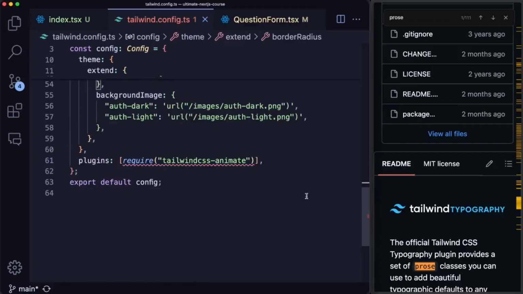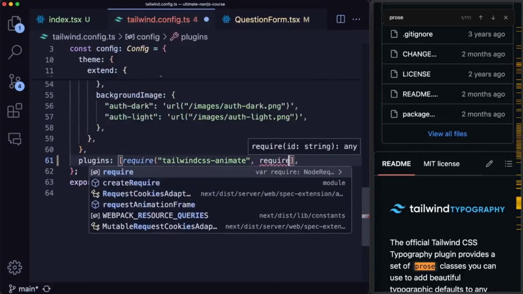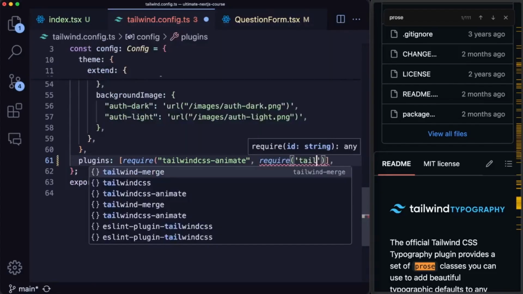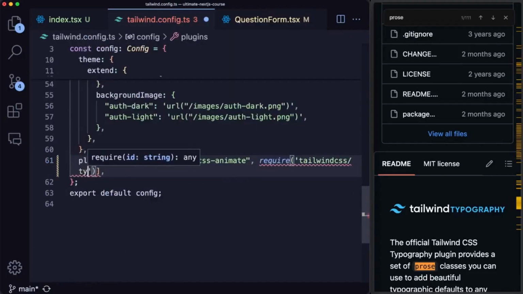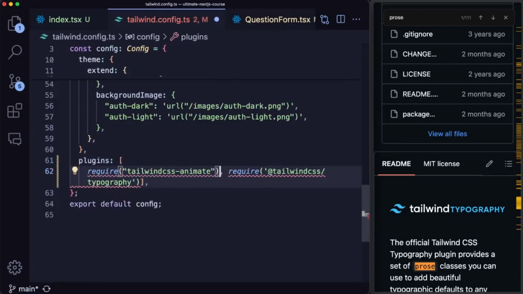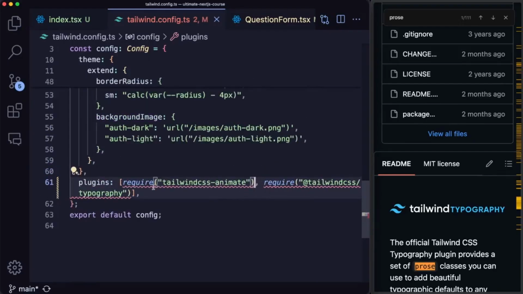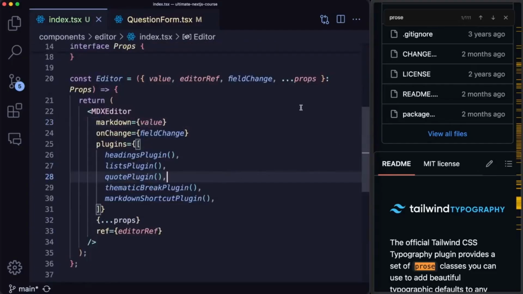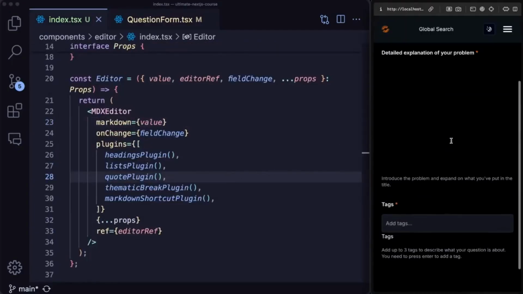Where we have plugins, require tailwindcss-animate, and we can also add another one, require, and we're going to add @tailwindcss/typography. We have to close this function right here. I just noticed I didn't close it. And if we do that, you can see that we have a TypeScript ESLint error, but the code should actually be working. So now if you go back, we no longer have an error,